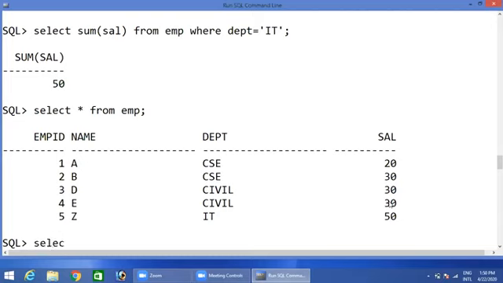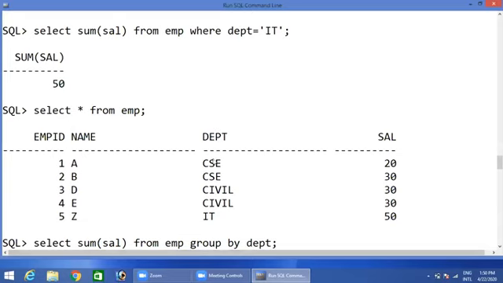Use group by: select sum of salary from employee table, use group by. Which attribute am I going to group? Department, DEPT. So now you will get the sum salary of each and every department.